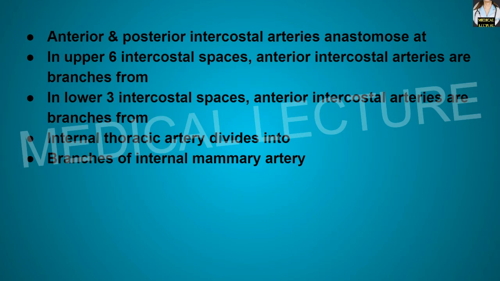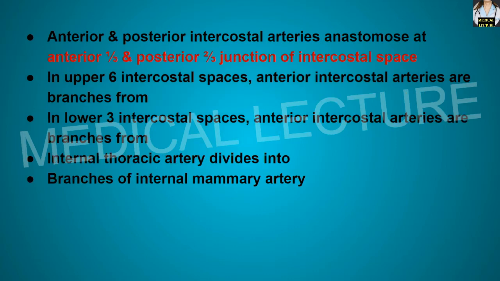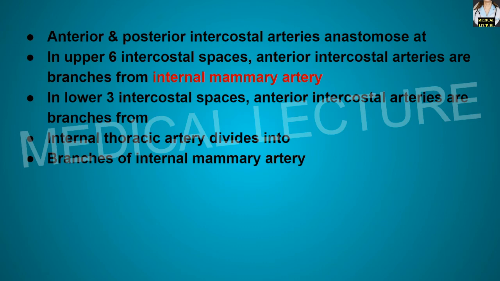The anterior and the posterior intercostal arteries anastomose at the junction of the anterior 1/3 and the posterior 2/3 of the intercostal space. In the upper six intercostal spaces, anterior intercostal arteries are branches from the internal mammary artery. In the lower three intercostal spaces, anterior intercostal arteries are branches from the